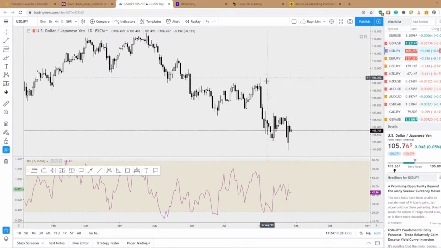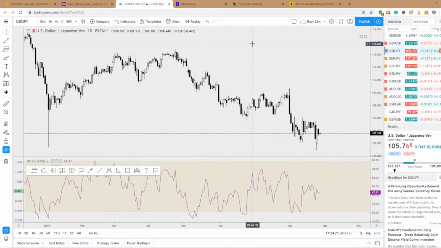Dollar yen on the daily chart, you can see market hit down, went to consolidation, something to take note of. Alright, so this level, for people who are looking for buying opportunity, a break above and close above 107 is very important. To the 4 hour chart,